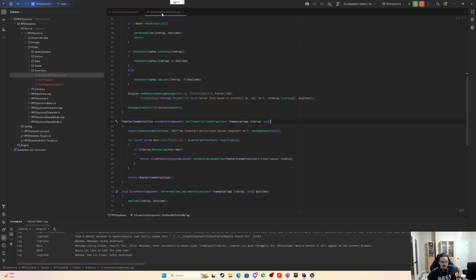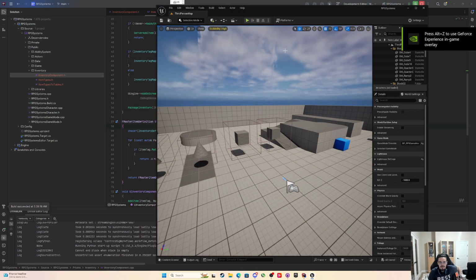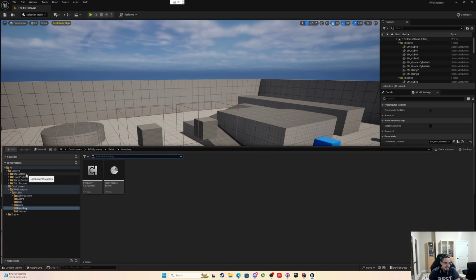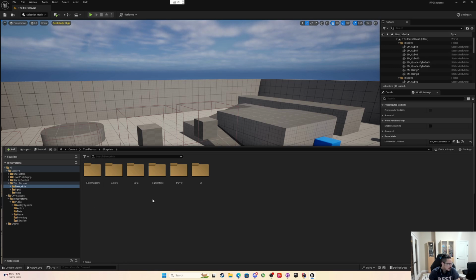So now that we have this ability and the need to do inventory definitions, or we're going to crash the engine, why don't we set up the asset? Let's rebuild, recompile, and set up the data assets. Now that we're back inside the editor, let's take a look. We need to come to the third person blueprints, and then